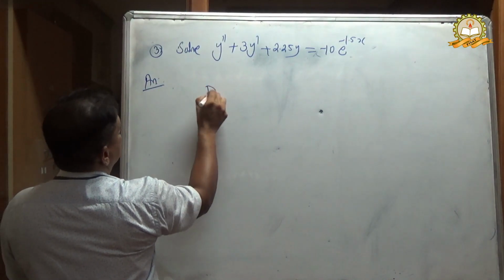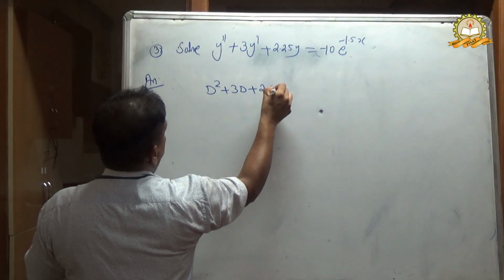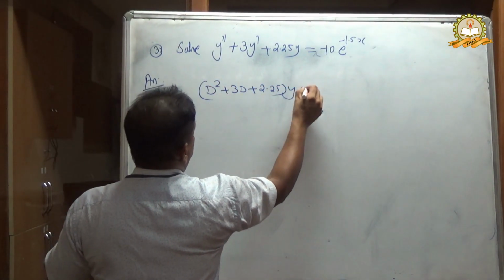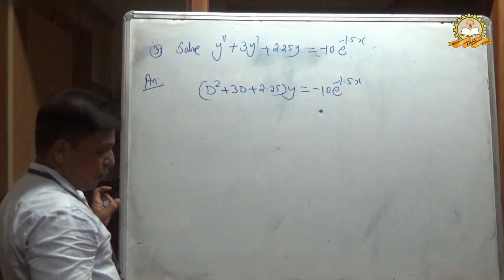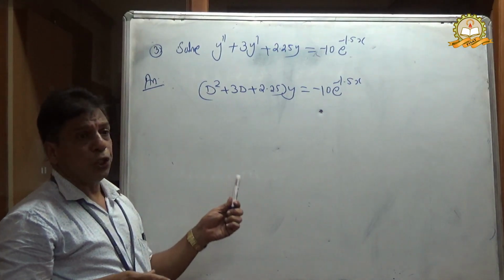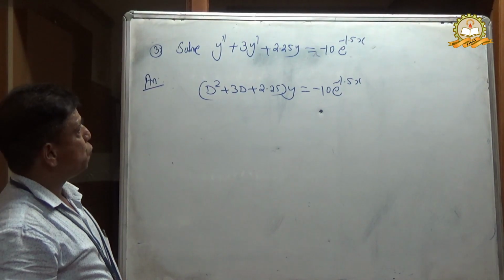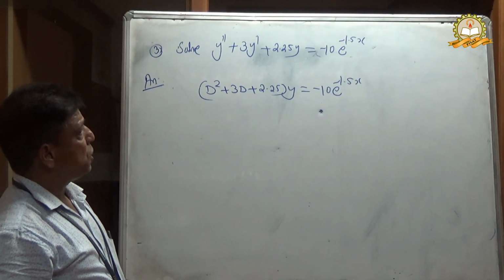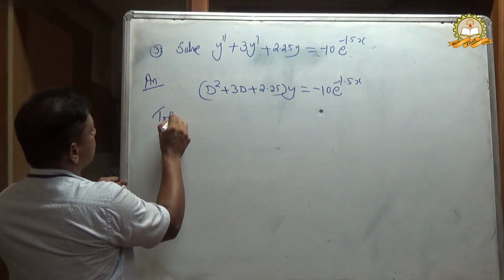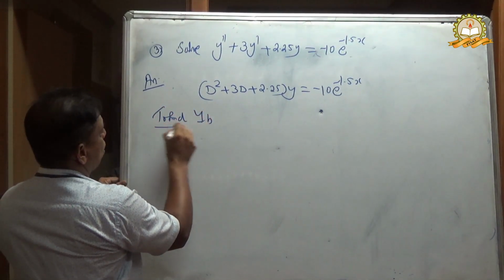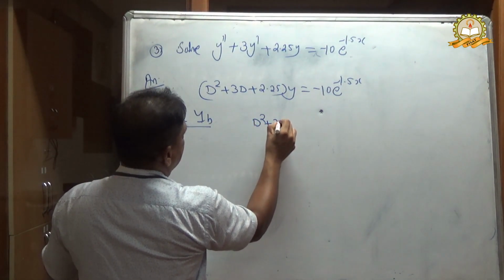Symbolic form: D square plus 3D plus 2.25 of y is equal to minus 10 into e raised to minus 1.5x. The first step is to convert the given equation to symbolic form. First part, to find the y of h, that is the complementary solution, D square plus 3D